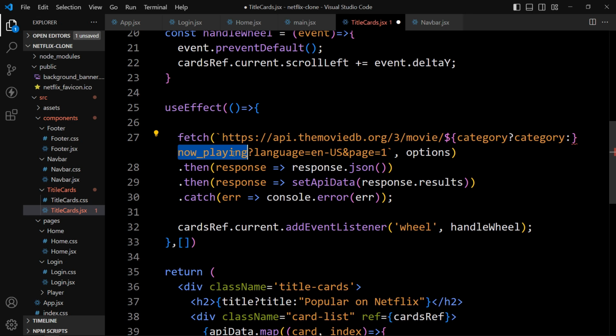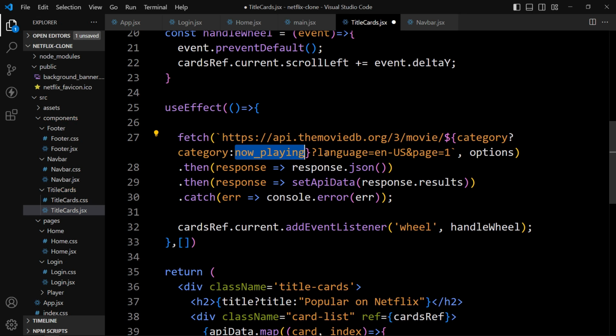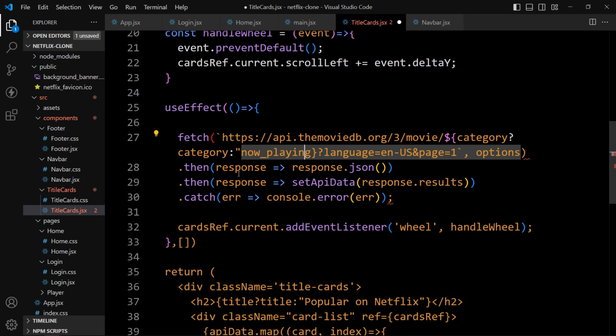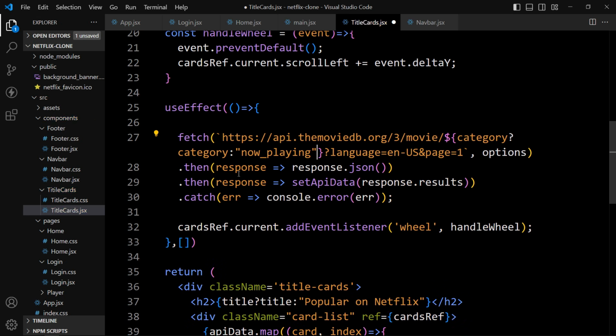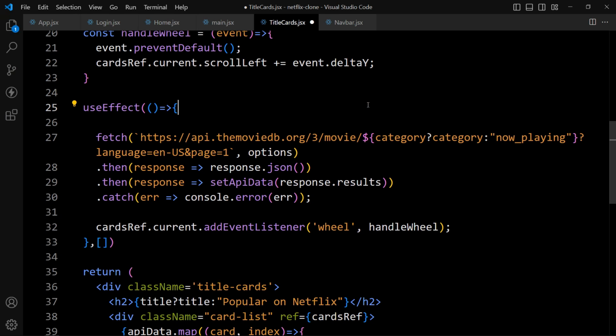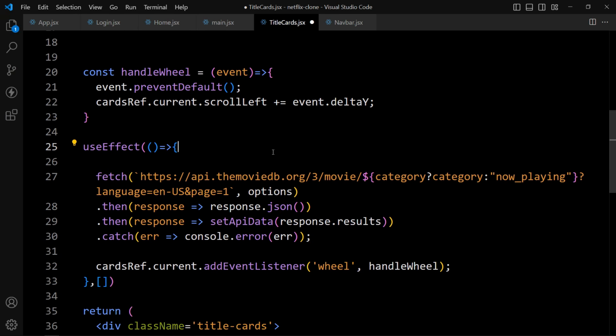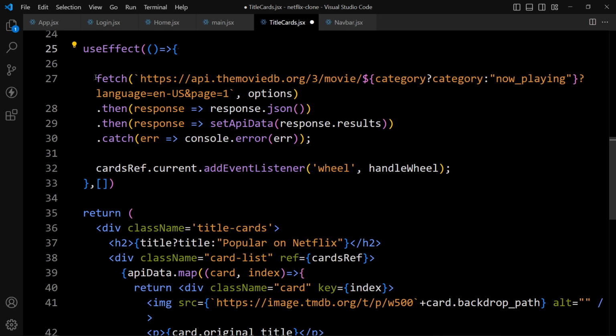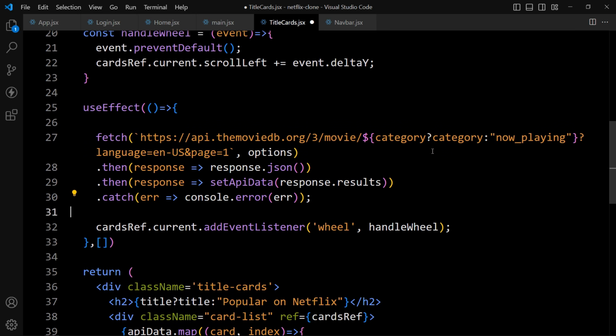So let's add this now playing after this colon, and we have to insert this now playing in the quote, so it will be a string like this. So whenever we do the API call, and when we are mounting this component, if we are passing the category, then it will use that category. If we are not passing the category, then it will display the data from the now playing category.